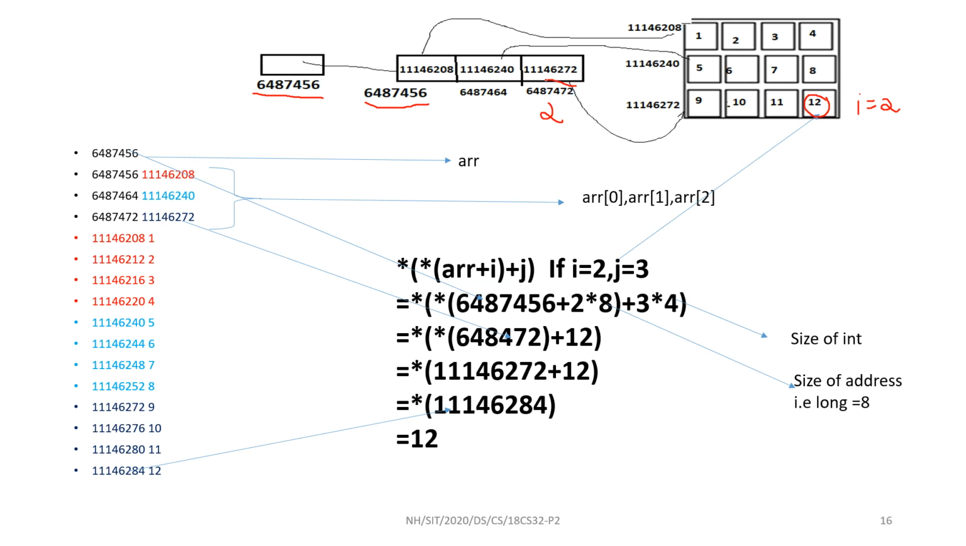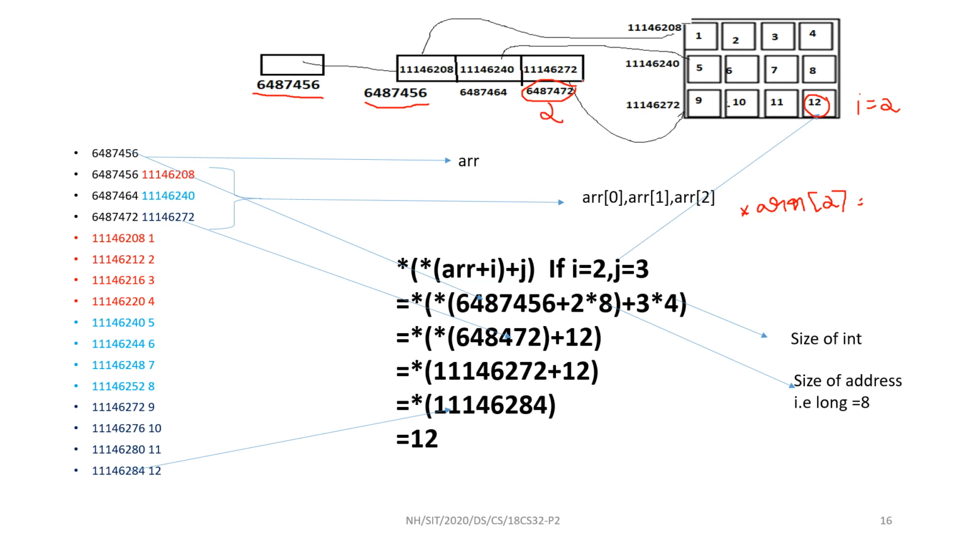648747. Correct. So ARR of 2 is 6487472. What is the content of that? So this is a formula. Later I'll come back to this part. What is the content of that? That content is